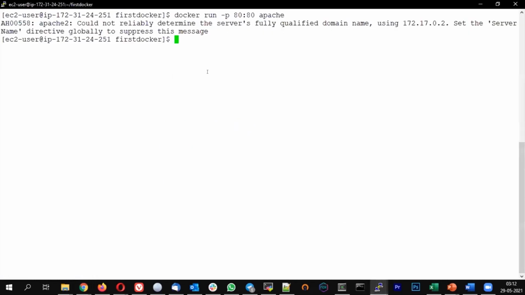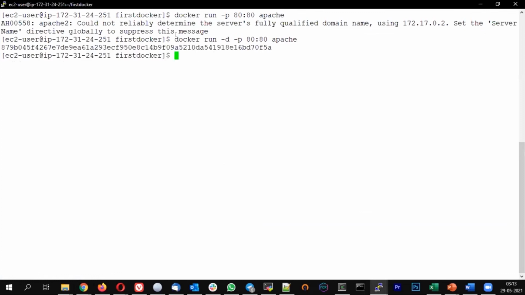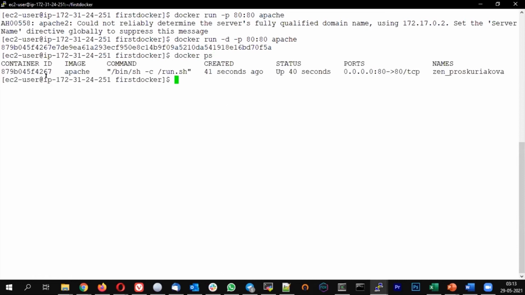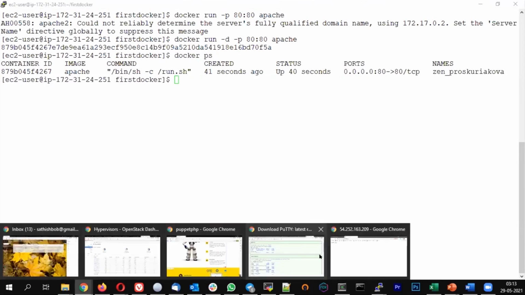To run this, I'm going to add an additional option called -d. -d means run the container in the daemon mode, that is, run the container in the background. Now if you do a docker ps, you can see the container ID and the image, run.sh is my command, and this is the port mapping. If I try to refresh this, yeah, actually